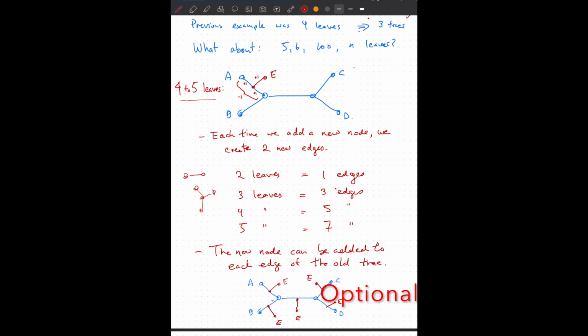If I have 4 leaves, I had this scenario up here. That's 5 edges. And 5 leaves is 7 edges, etc. So you just keep adding 2. That's the first thing to understand, that if I have n leaves, I'm going to have n plus 2 edges. Okay, so